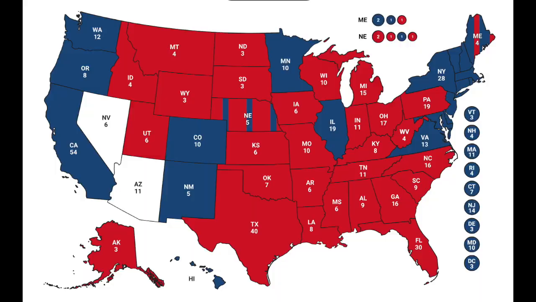Those 2 votes are kind of based off of where each state gets 2 senators. And then West Virginia has 2 congressional districts. Well, if Congressional District 1 majority voted red, but Congressional District 2 majority voted blue, then the Republicans would get 1 vote and the Democrats would get 1 vote. So it's based off how each congressional district votes, which is why sometimes you'll see Maine or Nebraska will have